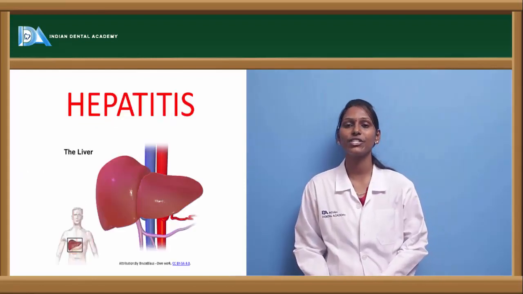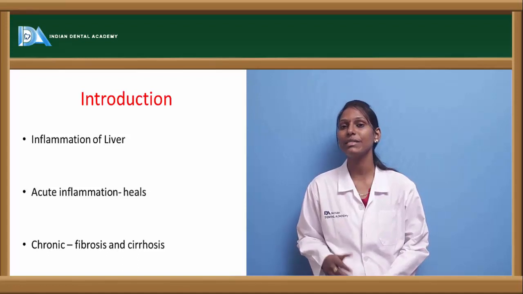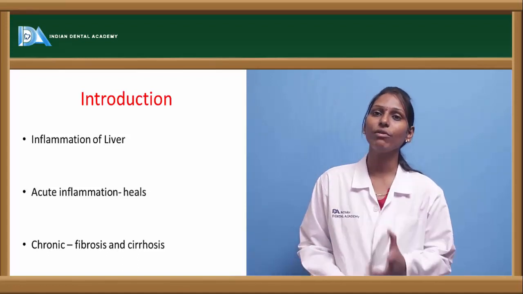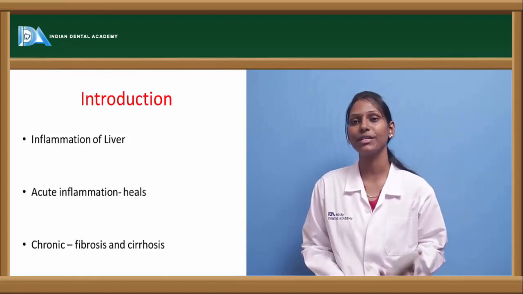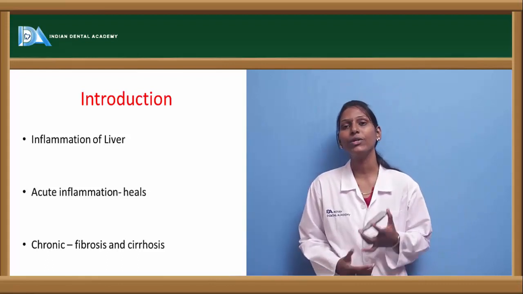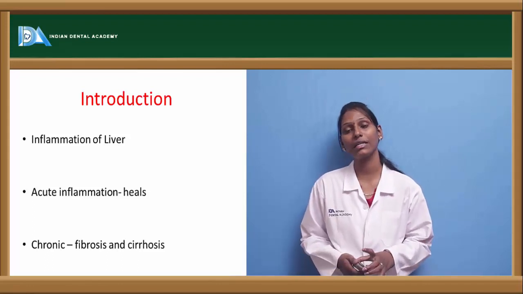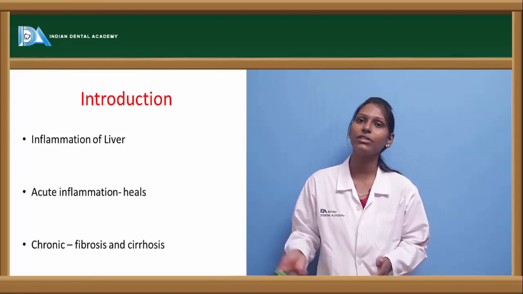The topic for discussion is hepatitis. As the name itself says, it is inflammation of the liver. Hepatitis can be of two forms, which is acute inflammation and chronic inflammation. Acute inflammation usually heals faster, whereas chronic inflammation can result in fibrosis and then further cirrhosis of the